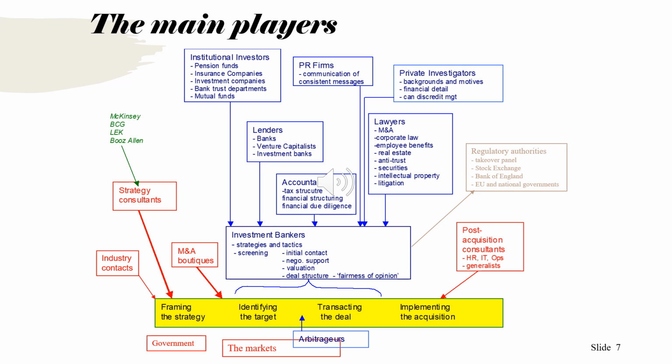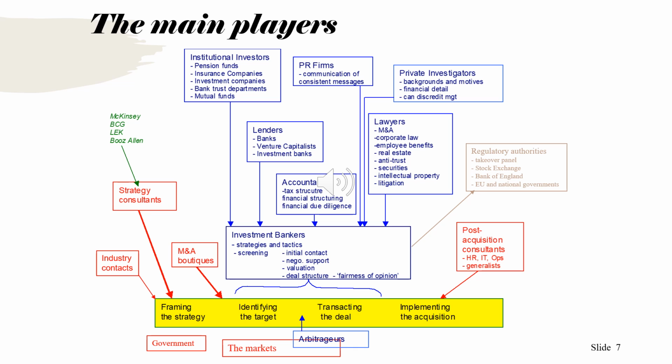So what we have here is a simplified version of all the stakeholders that are involved in a mergers and acquisition. We have our process at the bottom, the framing, the strategy, identifying the target, and so on. And then around you can see a big cloud of important stakeholders. Obviously these will vary to some extent depending on whether you have a public deal or a private deal, whether you're going cross-border or not, and also to some extent the size and complexity of the companies involved.